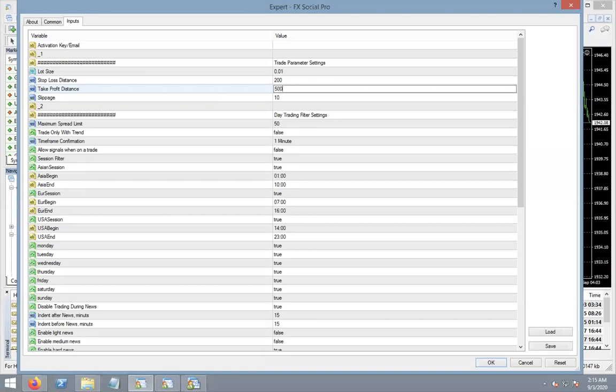When we talk about 500 and 300, guys, we're not talking about pips. We're talking about points. So 300 is really 30 pips. 500 is really 50 pips. So 300 is for people who don't want to manage their trades at all. Now, the downside of that is when you try to recover big losing trades, you're going to